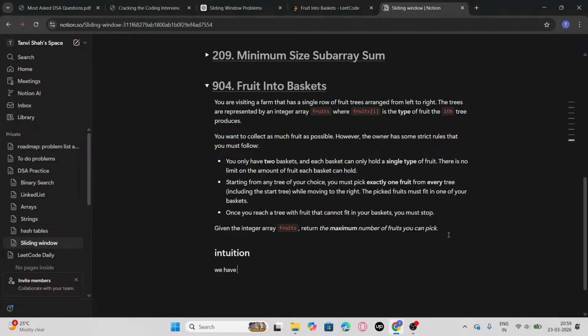Intuition. We have to figure out the max size of the window in which we have only two elements. How did we reach this conclusion? Because we can pick only one fruit from each tree